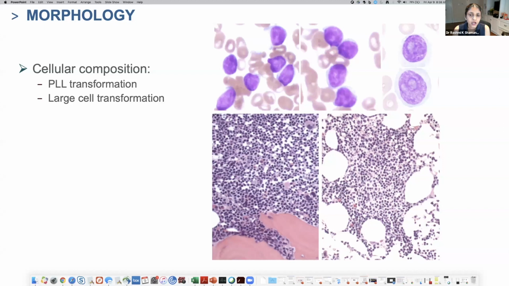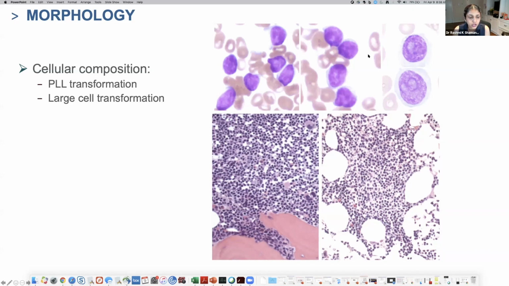That would be a typical CLL, but on occasions what we believe would be CLL clinically may actually be undergoing a large cell transformation or a prolymphocytic transformation, as we see on the two cells in the right panel here with prominent nucleoli. And similarly, when there is large cell transformation, we can capture it from the bone marrow biopsies or lymph node biopsies, and these certainly are not apparent from genomics. The typical CLL involves tissue in either a nodular, interstitial, or a diffuse pattern, as shown in the biopsy sections below.